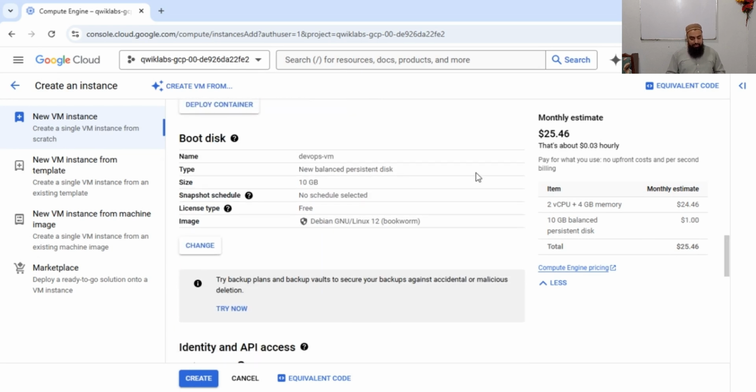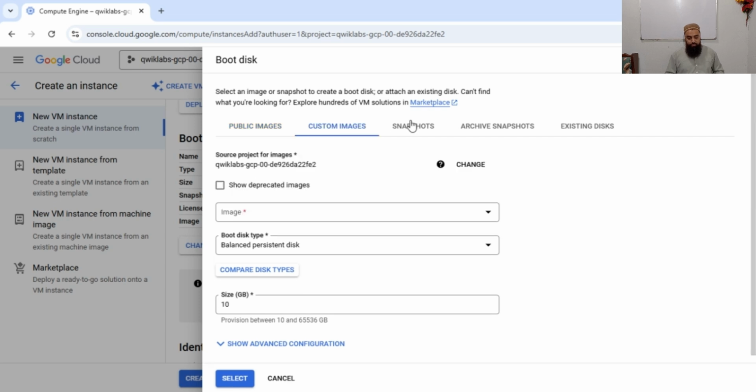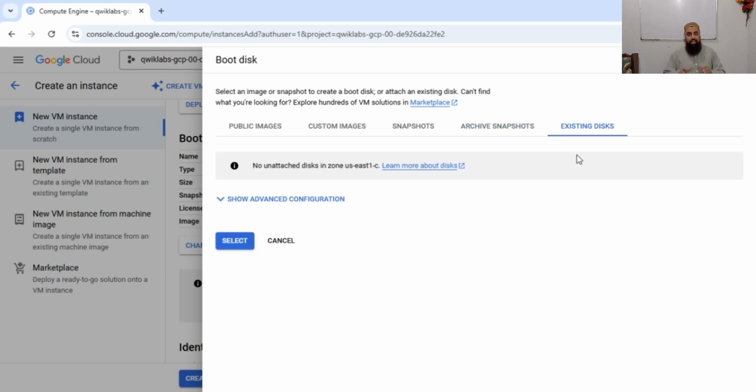Now boot disk, this is the important part. For instance, it is showing me Debian and I want to change it to Ubuntu. So now you can see there are a lot of other options. We can use custom images, we can use snapshots, archive snapshots, and we can also attach existing disks to this